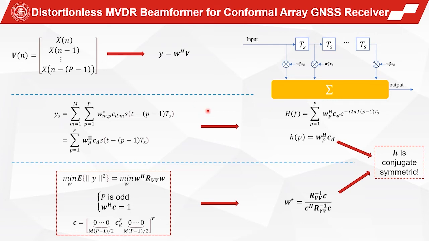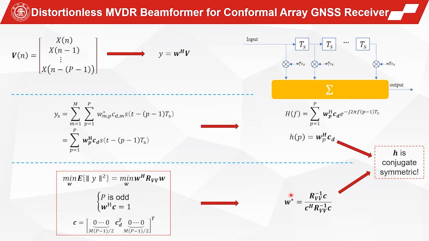To achieve this object, the output signal Ys of a single Bechdel signal with steering vector CD is analyzed. Actually, we can see the frequency response HF of the step filter towards a signal with steering vector CD is in the same form, and then it can be found that it is also equivalent to a FIR filter given with coefficient vector H, where HP is WP product CD. Then we can form the MVDR problem with these constraints and solve it with the Lagrange multiplier